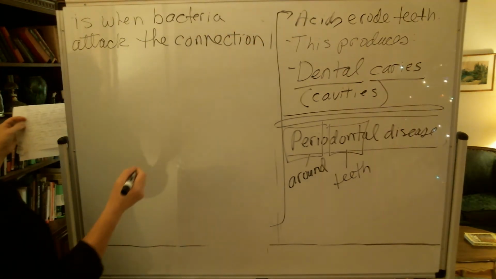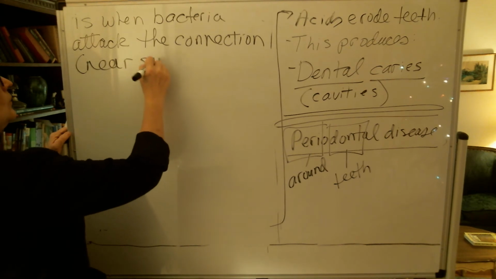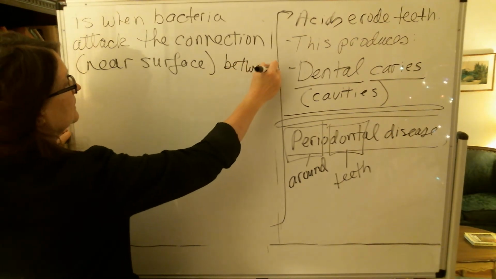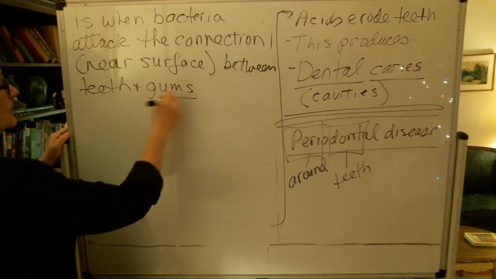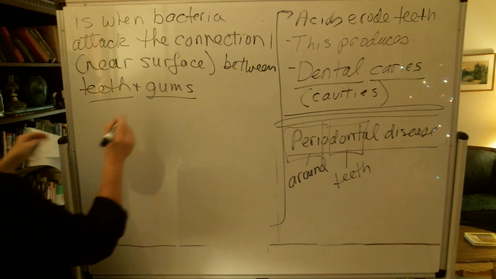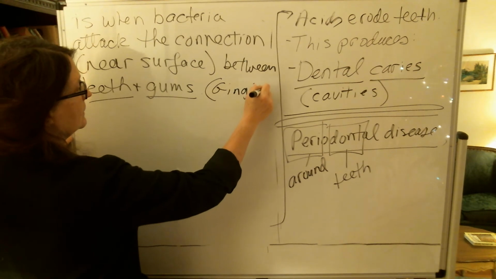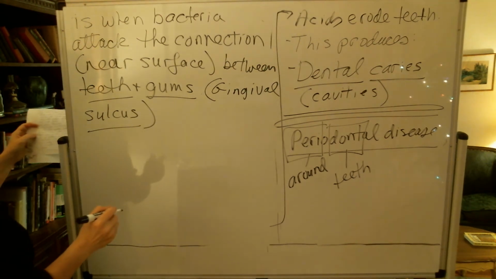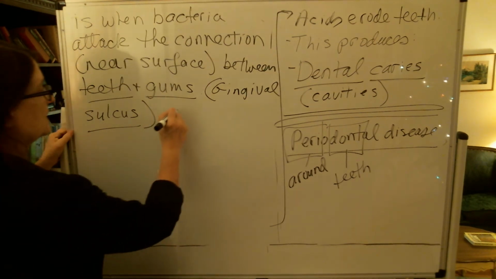So the connective tissue connection, then, near the surface between your teeth and your gums. This is the area that is known as the gingival sulcus. When this happens, when the gingival sulcus winds up being attacked and getting infected, then